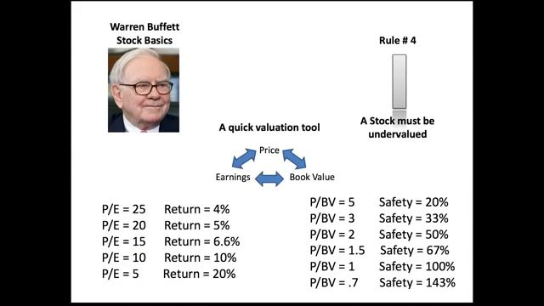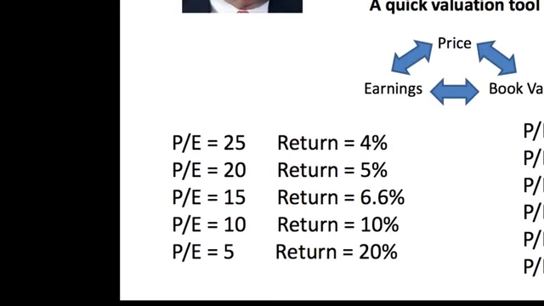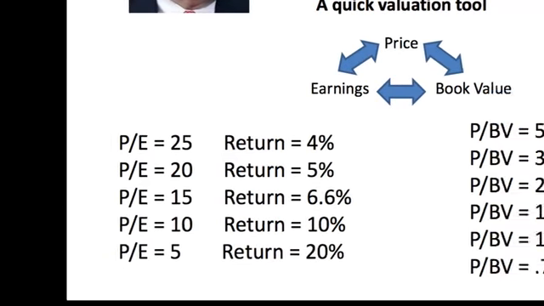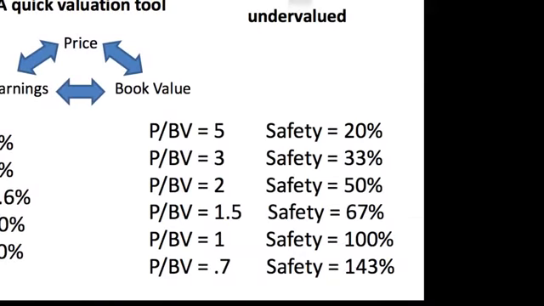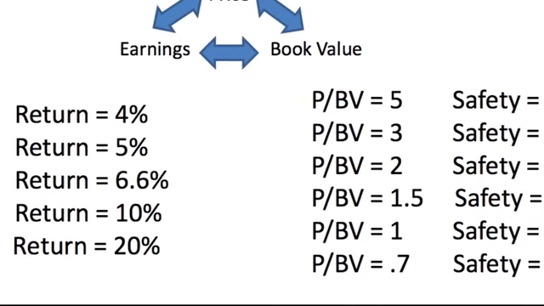So that's your trade-off. What does all this mean? What I've done is on the left-hand side, those are the PE ratios, that's our price and our earnings. And on the right-hand side, we have the price to the book value. We know that the earnings talk about the return we're going to get on our money, and that the book value talks about the safety that's involved with the investment. So what Warren Buffett and Benjamin Graham did, and this is back before they had the internet where they could just put in a search query of where they wanted the numbers to turn out,